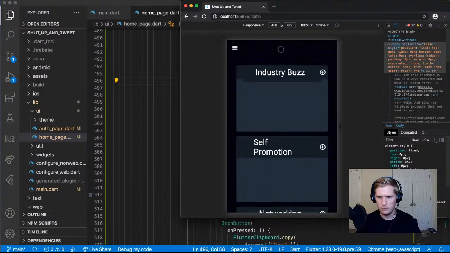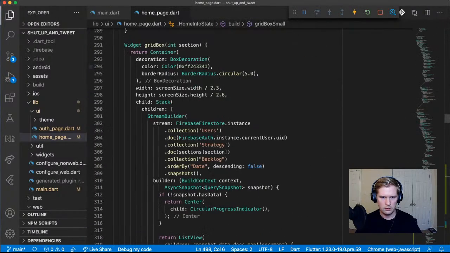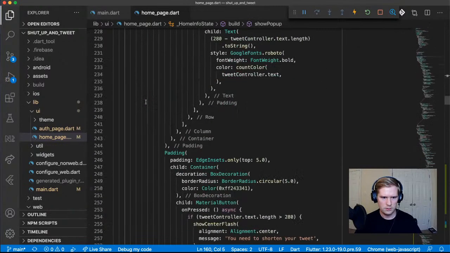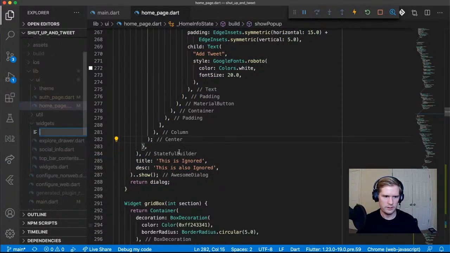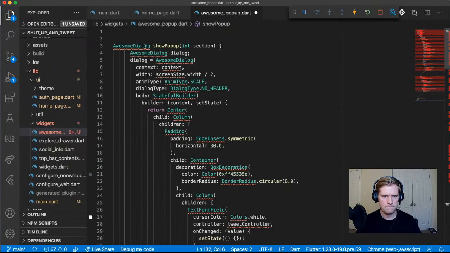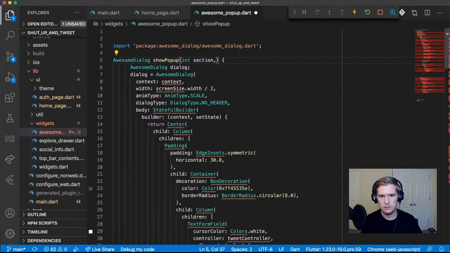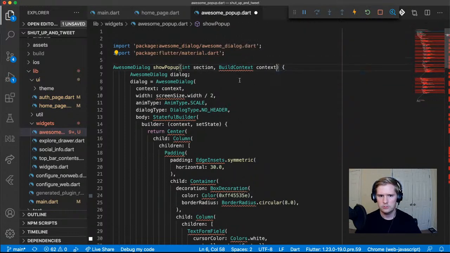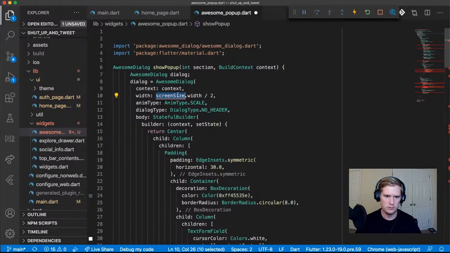Okay, we need to modify the pop-up. That's this guy. I'm going to copy this and put it in its own folder. Widgets, new file. Awesome. Pop-up. With that, I need to import material. Screen size. I am not going to do that. I'm going to actually just do